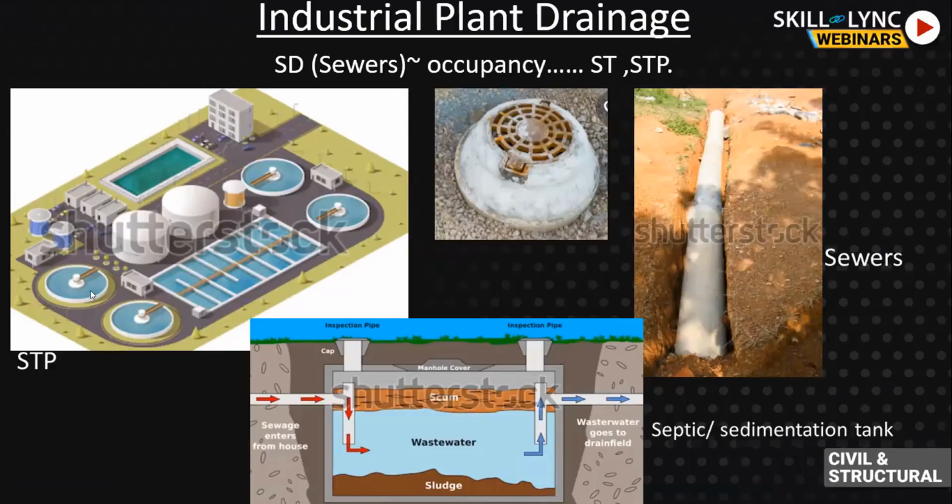This is a typical view of a sewage treatment plant. So there will be an inlet from somewhere. All the sewers are connected and the last sewer is coming and draining into it. That sewage is treated. Designing a sewage treatment plant is done by an environmental engineer, another branch of civil engineering. Civil engineering has so many branches like structural engineer, construction engineer, environmental engineer, and you are probably an underground drainage system engineer. So the sewage treatment plant will be designed by the environmental engineer.